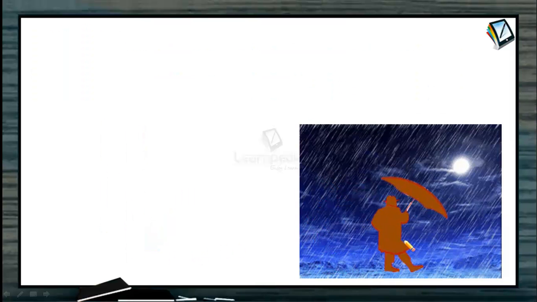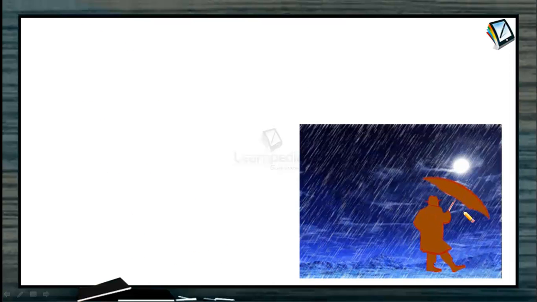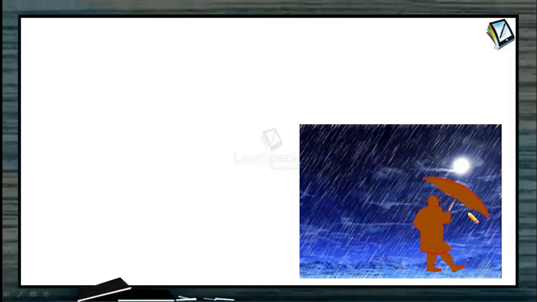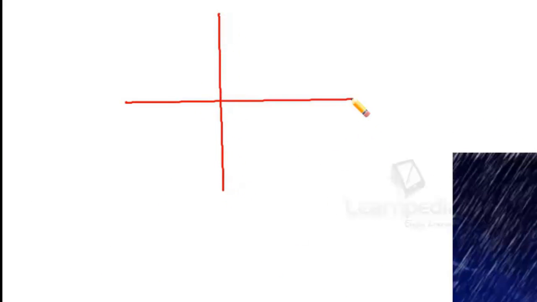So when he is walking in the rain, he is holding his umbrella in the direction as indicated. He is bent like this because the rain appears to fall like that. Why does this happen? Let us analyze this. Suppose I draw this as an x-axis and this as y-axis. Rain is falling vertically down initially. So the rain velocity we will take in the downward direction like this. This is the velocity of rain. So when the man is standing here in the rain, this is the origin of our coordinate system. This is the x-axis, this is our y-axis.